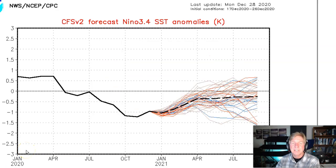And then finally, the official Nino 3.4 sea surface temperature anomaly forecast from the CFS version 2 model. All right, here's where we are today, or it will say late December. Temperatures right 1 degree below normal, certainly moderate La Nina. But then you look at the forecast, it goes, we're supposed to hold into, the line here is mid-January, maybe